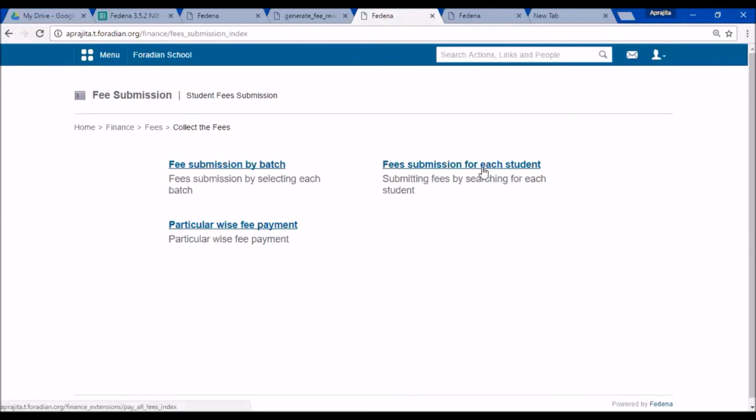Then we have seen fee submission for each student, where you select a batch and you get the list of students, and you will be able to collect the full fee for them, which can be transport, hostel, academic, all in one go. Or you will be able to select the type of the collection, like academic collection, installment 1, installment 2, and so on, and collect the fees from them. And the third one is particular wise payment, where you search for a student and put in the amount for each particular, which can be having some discount, or maybe partial payment of a particular, or full payment of a particular. So this is how, as an administrator or as an employee with privileges, you will be able to collect